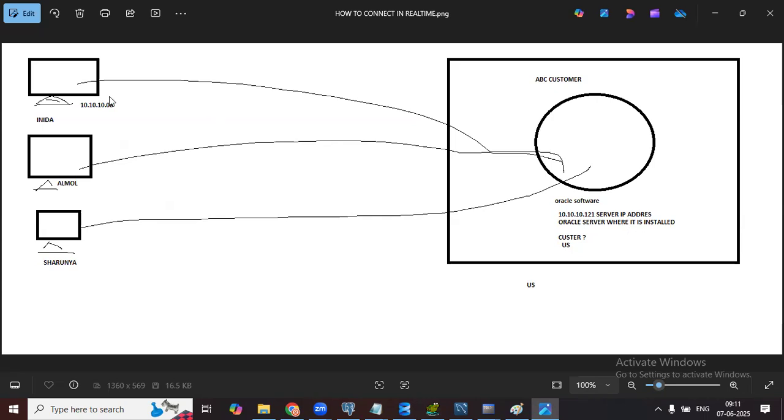Now you got a job in TCS and you are tagged to this customer. That means you are a PL/SQL developer or a SQL developer or whatever it is. Then what do you have to do? From your laptop, you have to connect to this database. Your laptop will have an IP address, and from it you make a connection to this database. Then what should you know? You should know the database username, the password, plus the IP address. Then only can you make a connection between these two. Otherwise, you cannot.